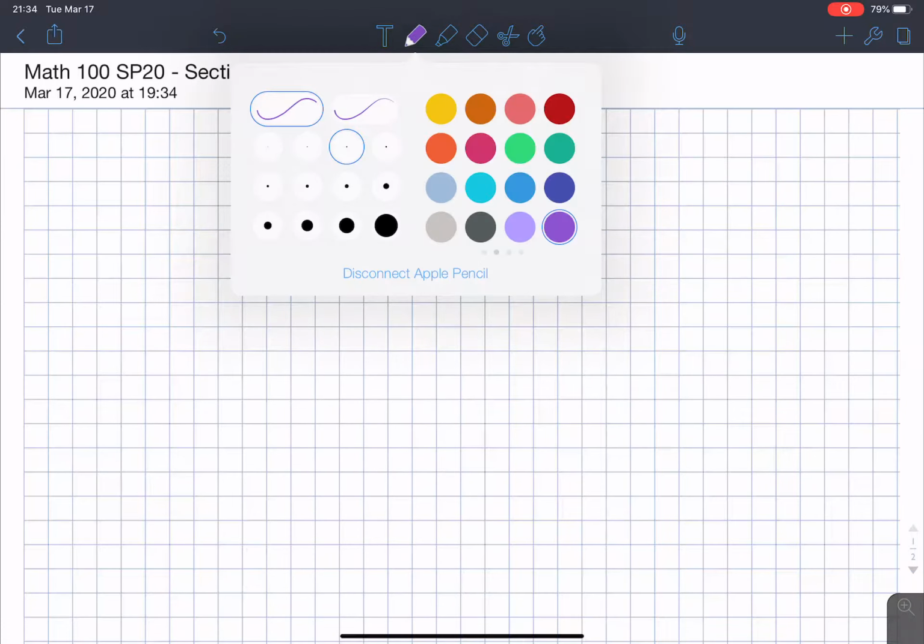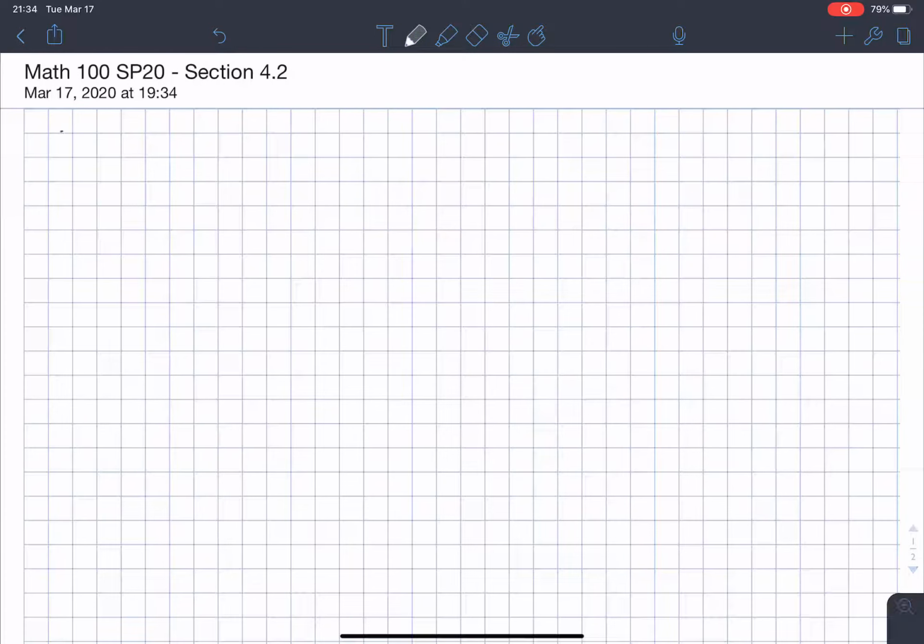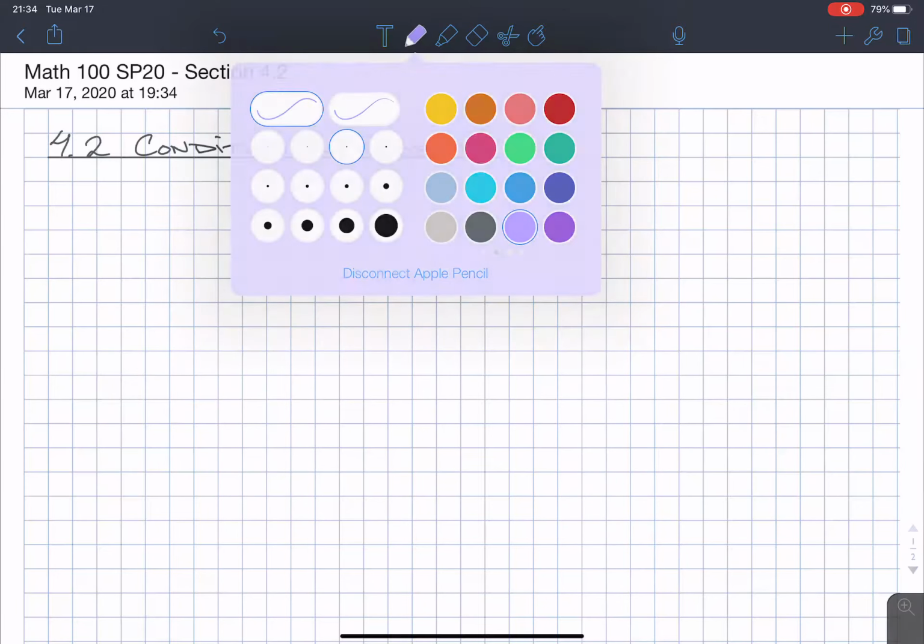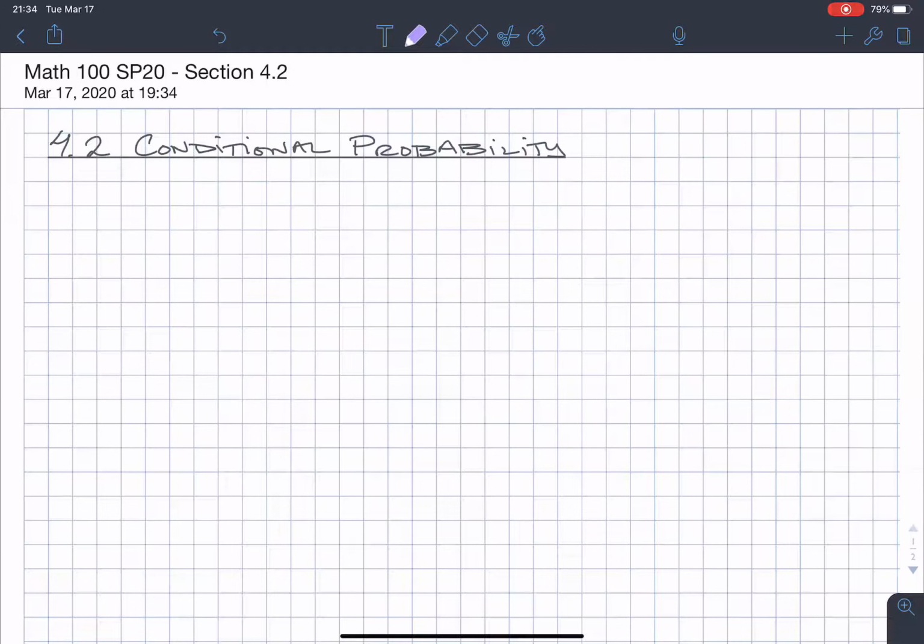Okay, so welcome to section 4.2. So 4.2 is conditional probability. Okay, so let me go ahead and define it. So conditional probability